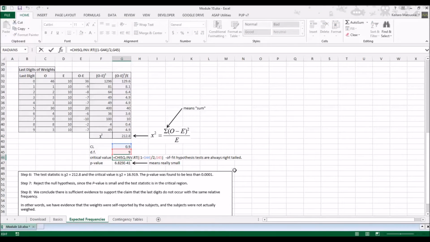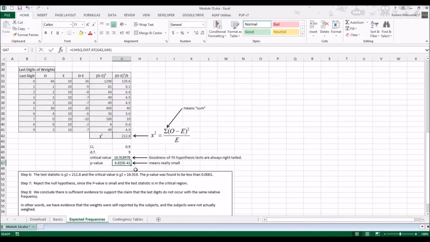Using those two numbers, we can calculate the critical value. Since the goodness of fit hypothesis test is always right-tailed, we use the chi-square inverse right-tail function. The critical value is about 16.9, and for the p-value, using the test statistic, we get